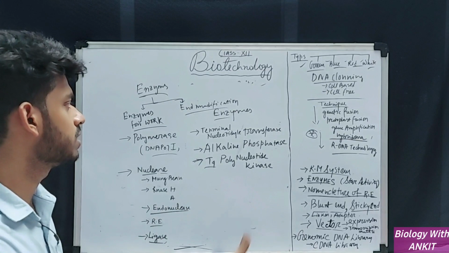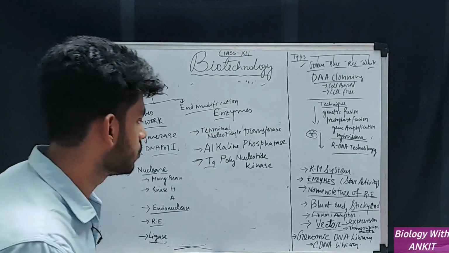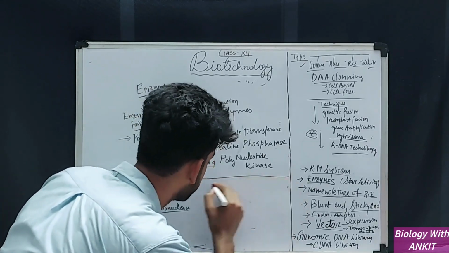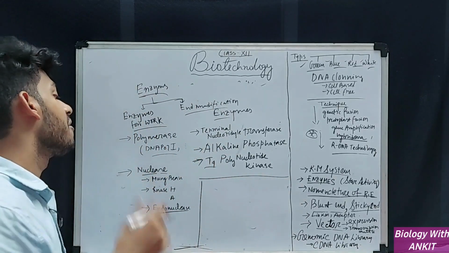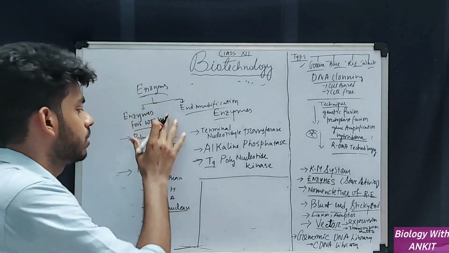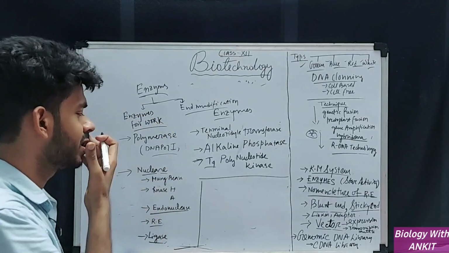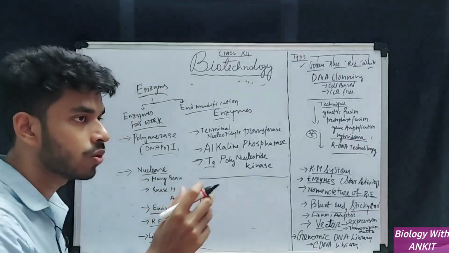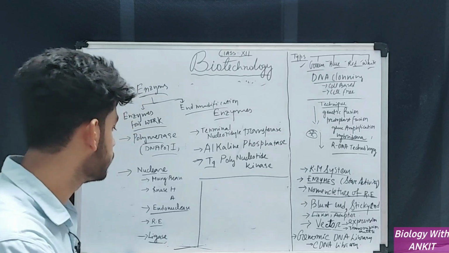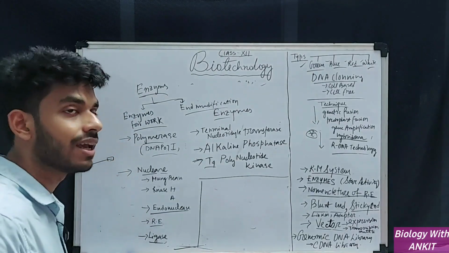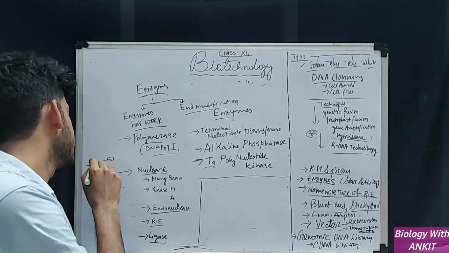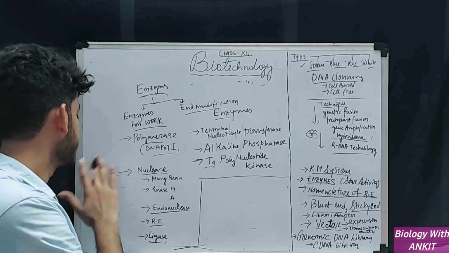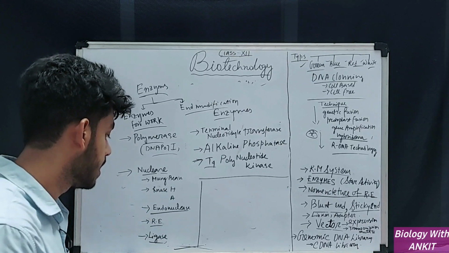So what do these enzymes usually do? I am drawing it. There is no space. Let me draw here. Okay, I have already told you this part because this is simple. I need polymerase to multiply my vector molecule. I need nuclease to cut the target molecule where it is situated. If it is situated in the end, we will use exonuclease. If it is situated in the middle, we will use restriction endonuclease. Okay, this is basics.